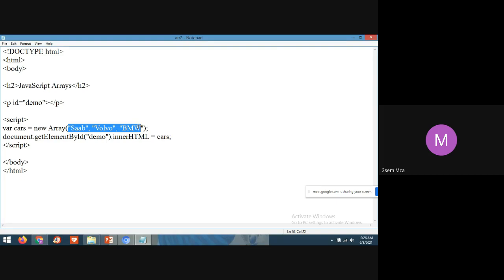I have assigned different varieties of car, and that car variable I am just displaying. See, if I include here one more, I'm including.